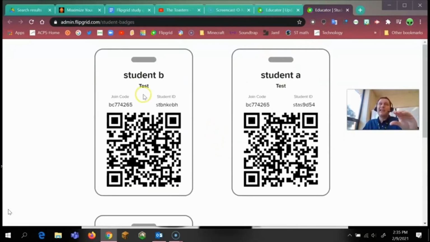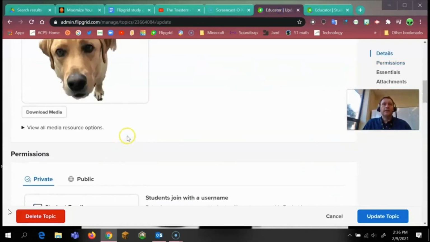So when they scan that code, student B is going to pop up inside my topic, and it's just going to be recorded as student B, student A. So it individualizes those codes. So you could have a code for the topic where they have to sign in, or a code just to get the students in individually. And this is super helpful for those K2 students with iPads to join in and create in Flipgrid.